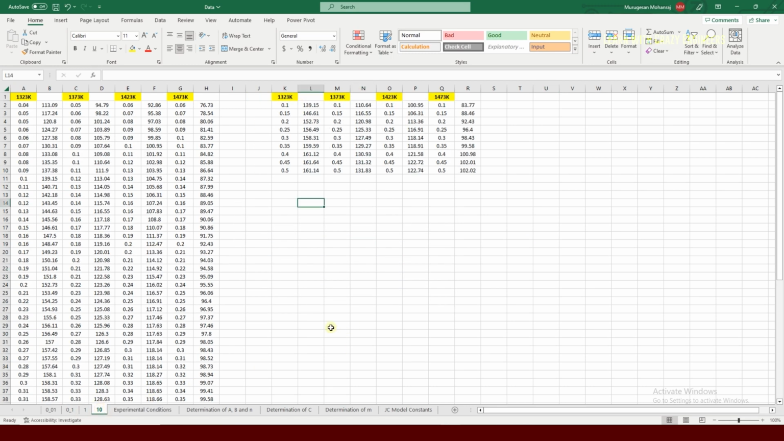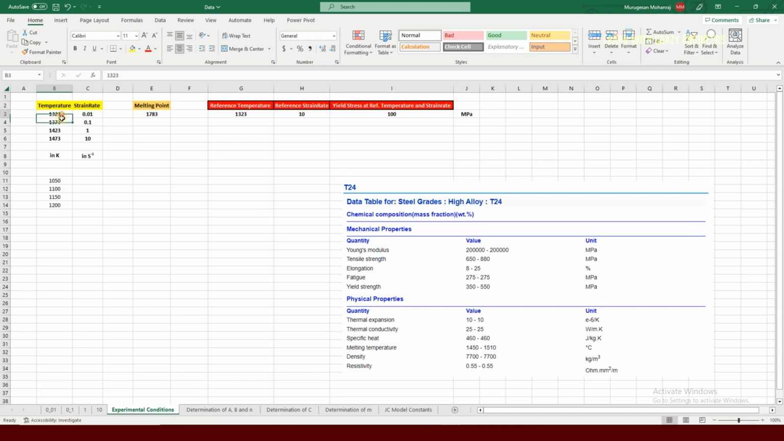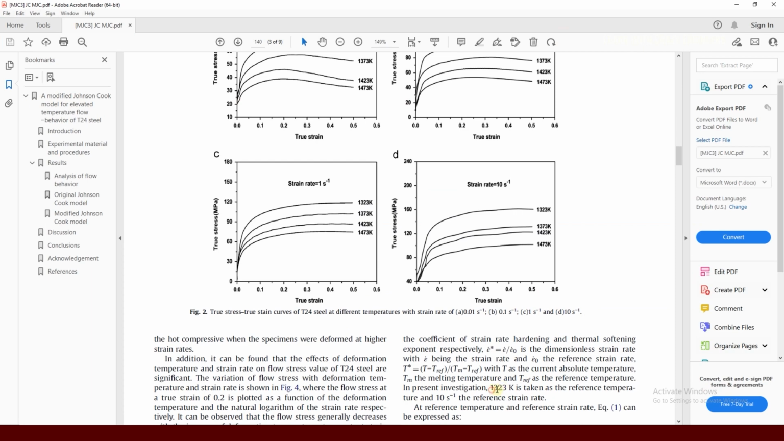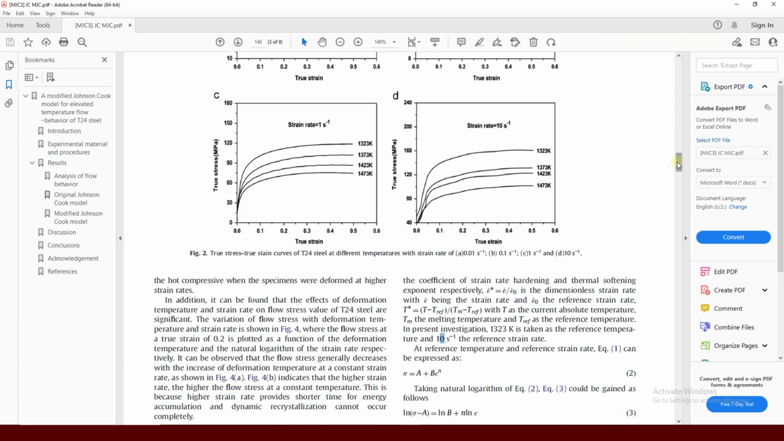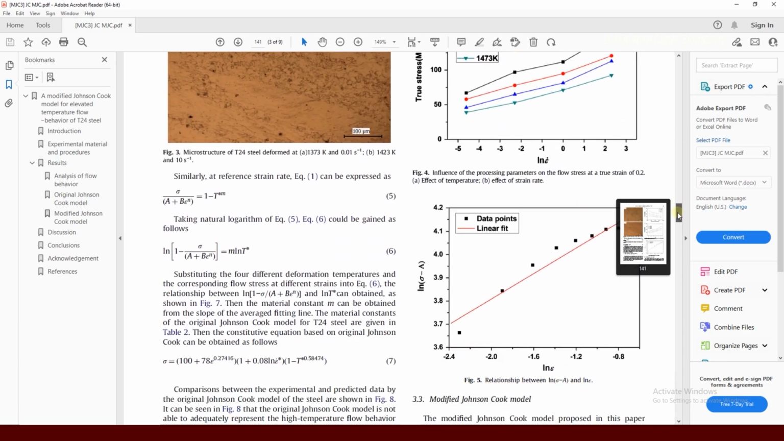So now the data is ready in order to do the model parameter estimation. And then check one more time your temperature, strain rate, and the melting point. As I said before, it's based on the web data. So I used 1510 and I added 273 in order to make that one Kelvin. And as we saw in the paper, they used the reference temperature and the strain rate as 10. So that's why I put 1323 and 10, and the yield stress at reference temperature is 100. That one you can get from the paper, because they mentioned here the A, which is the first model